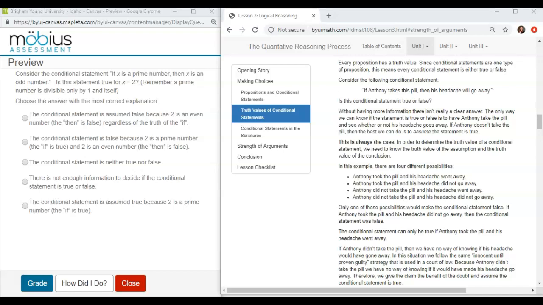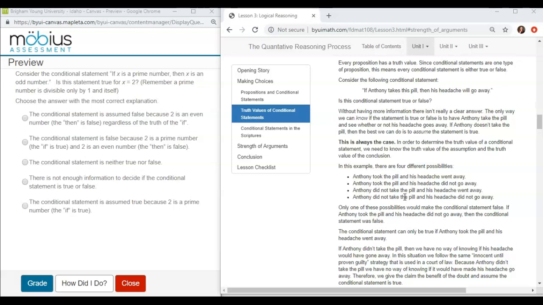Now, if this person is not elected to office and taxes do go down, unlike the last one, then it didn't matter because the person was not elected to office. So it doesn't matter what happens with the taxes, we're going to have to assume that they were telling the truth. And so the only way to say that a conditional statement is false is if the